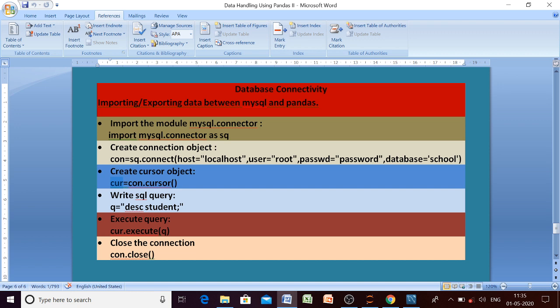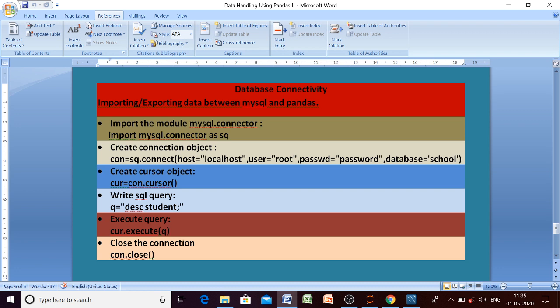Any query that you want to execute using Python code is run with the execute function. Here we have written the query, then it is to be executed, so the query will be executed by using the execute function. After performing our execution, we have to close our connection using the close function.